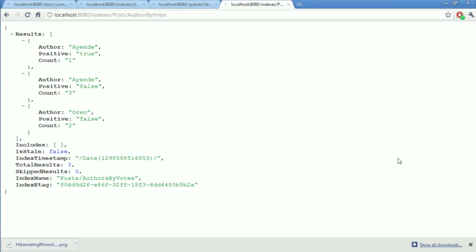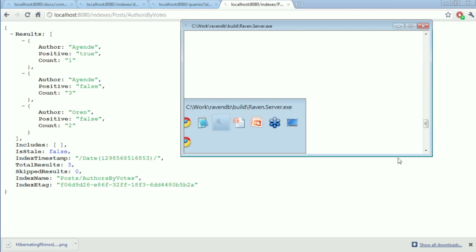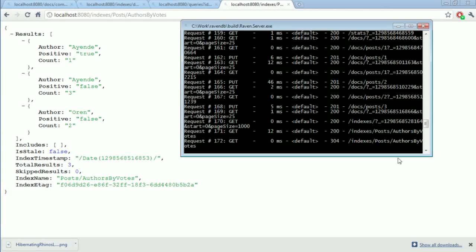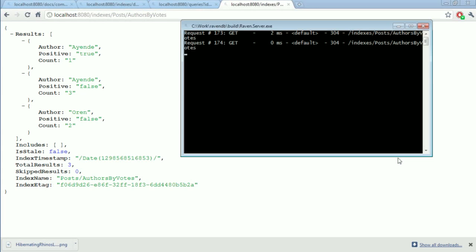So this is very, very easy to do. This has 0 cost. Just to give you an idea, now I'm going to execute this again. And you can see that for the most part, this returns a 3 or 4. This information doesn't change that often. That means that we can take huge advantage of HTTP caching and serve directly from the index store. So this is a highly performant operation.